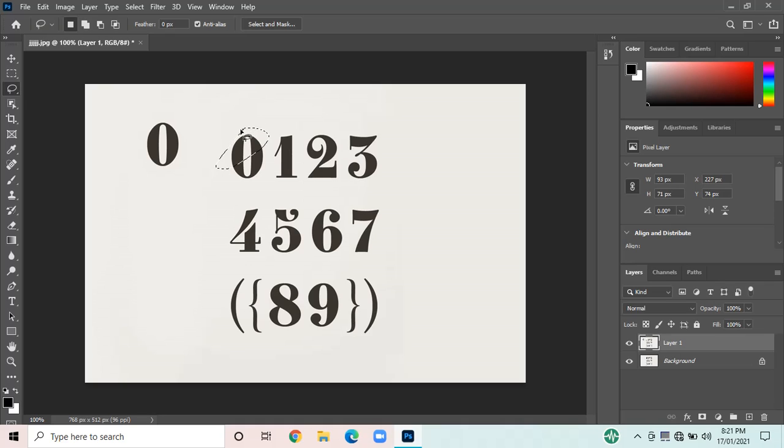Now I don't want this part of the 0, so I will just go here and release it. You can see it cut out the part over there. Now I don't want this part too, so I will circle it by pressing the Alt key. By pressing the Alt, you have to select the part you don't want over your selection, and release the Alt as well as the selection. So you can see we have just removed the other part that we don't want.